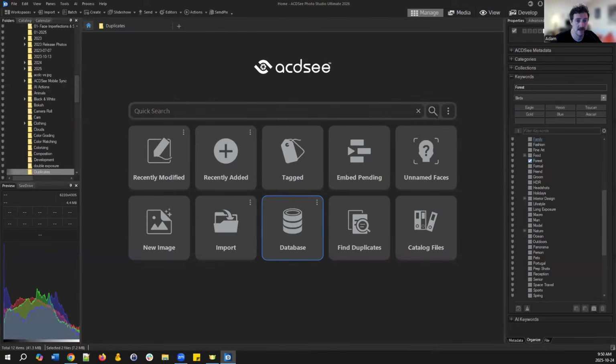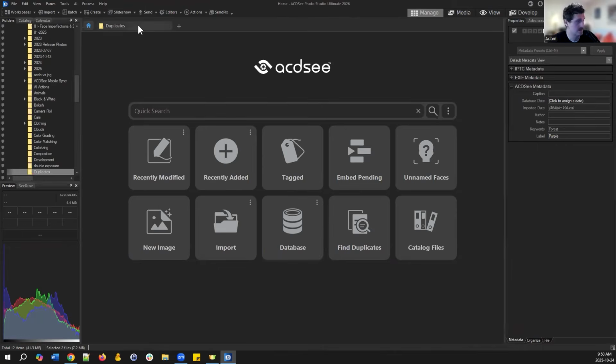Peter asked, question re-embedding keywords to IPTC. It seems that if I always embed to IPTC, it only adds the keywords, but if I then change the keywords, the embed only adds the new keyword. Spot on the file versus database. So IPTC, what Peter's referring to,